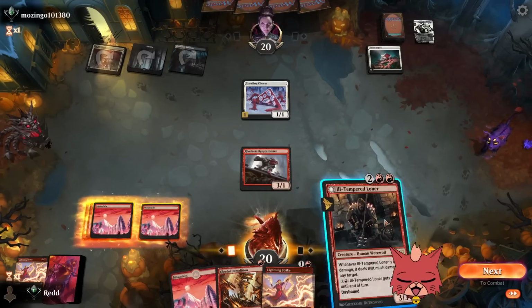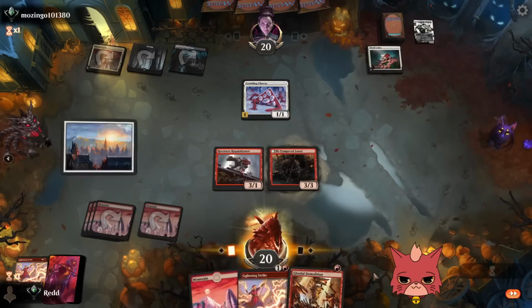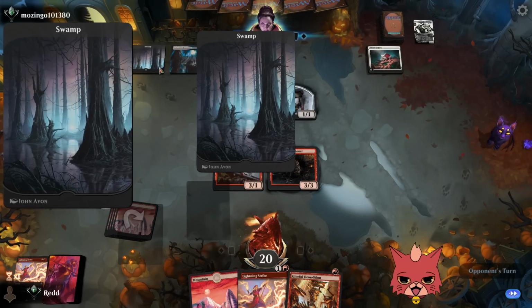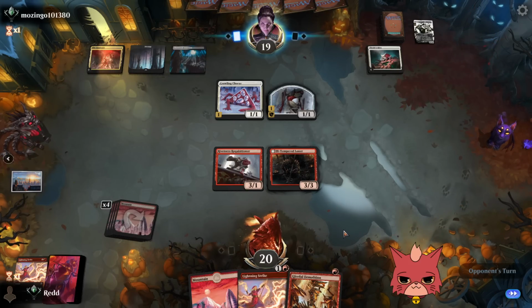Ill-Tempered Loner, wow, great draw, man. Great draw. Well, now we have to anticipate spot removal from the opponent, right? Because they got swamps over here, so... If we...